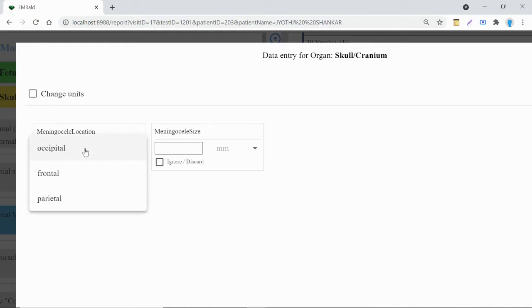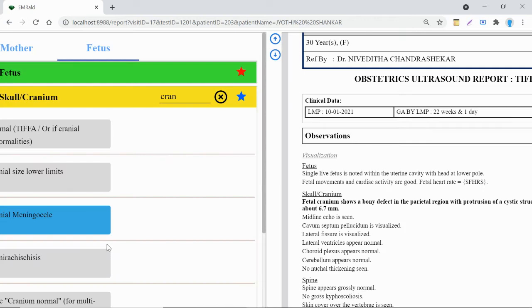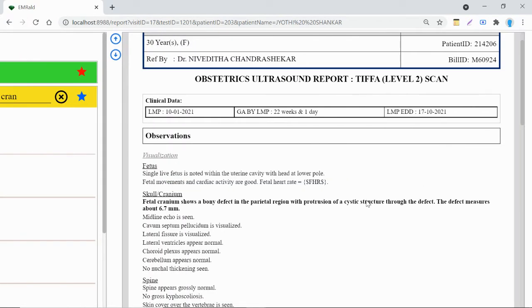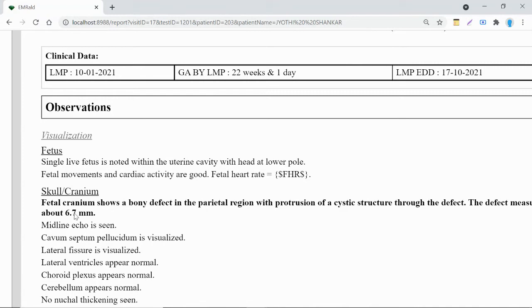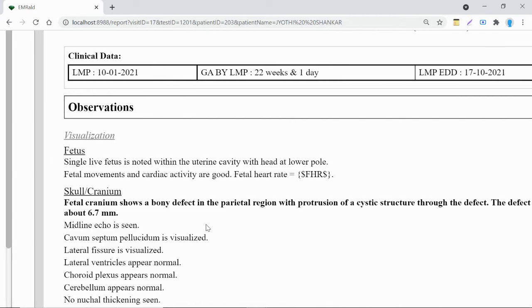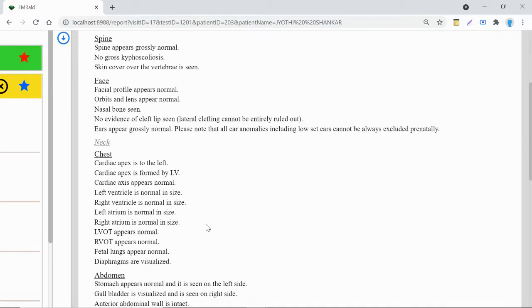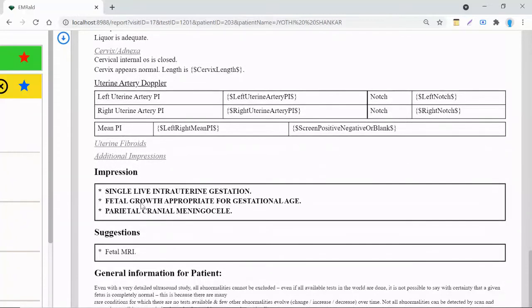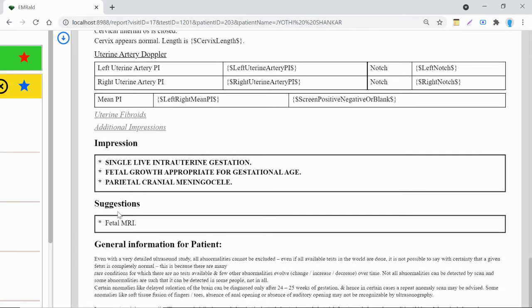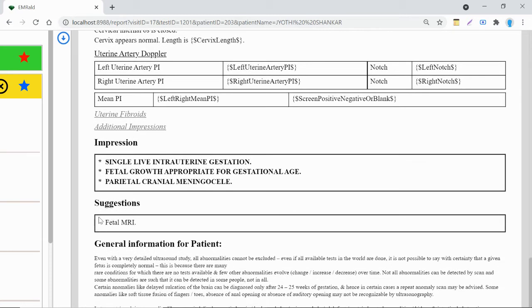So you enter the location here, that it's at this side, and let's say it is, I don't know, this is just a sample, so don't take the number seriously. Now you see that the sentence is now complete. The fetal cranium shows a bony defect in the parietal region, and the defect measures about 6.7 mm. But if you go down in the report, you will see that there is a parietal cranial meningocele added to the impression, and there's also a suggestion, which is that a fetal MRI is suggested